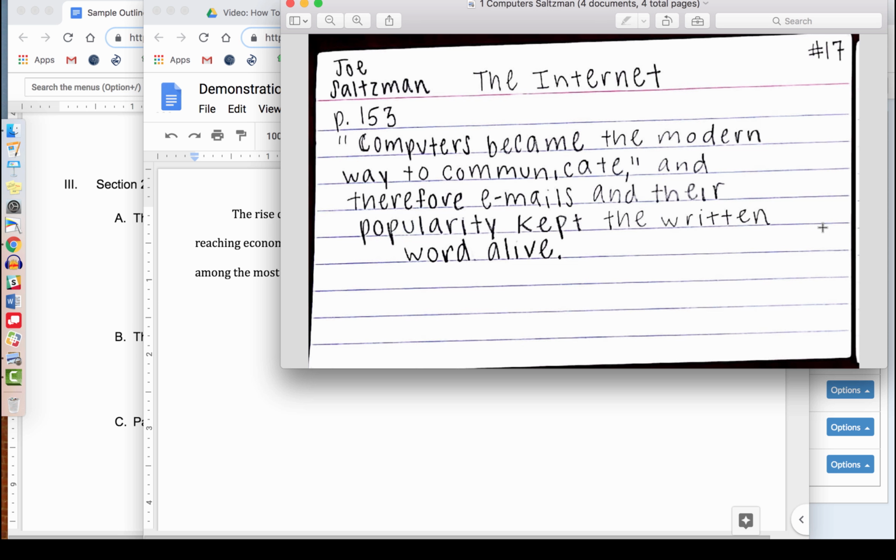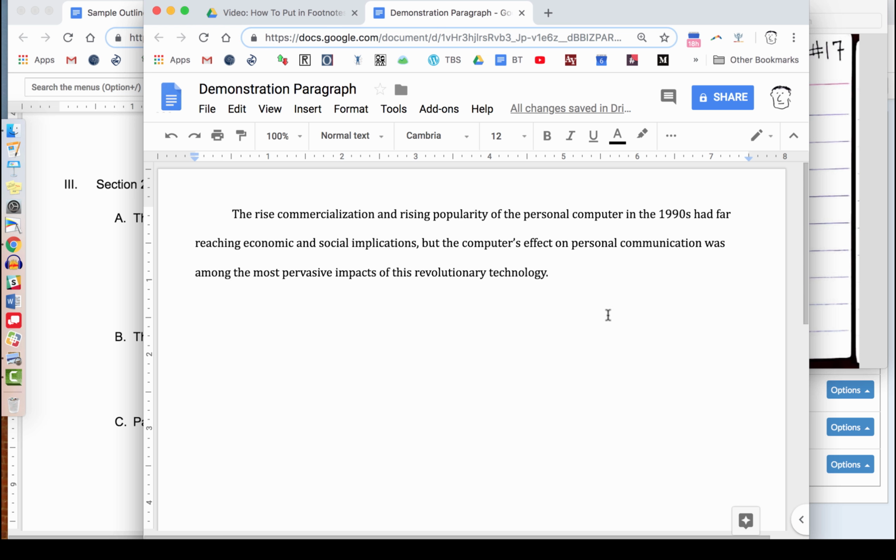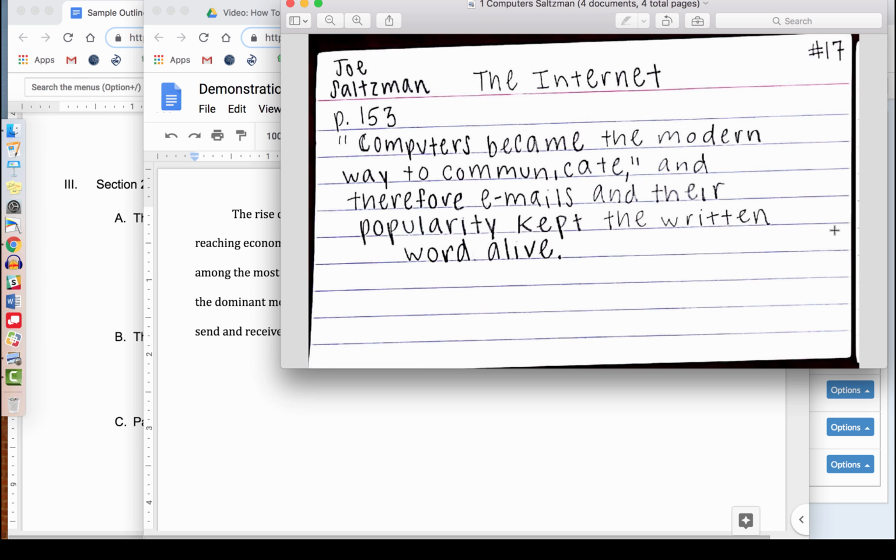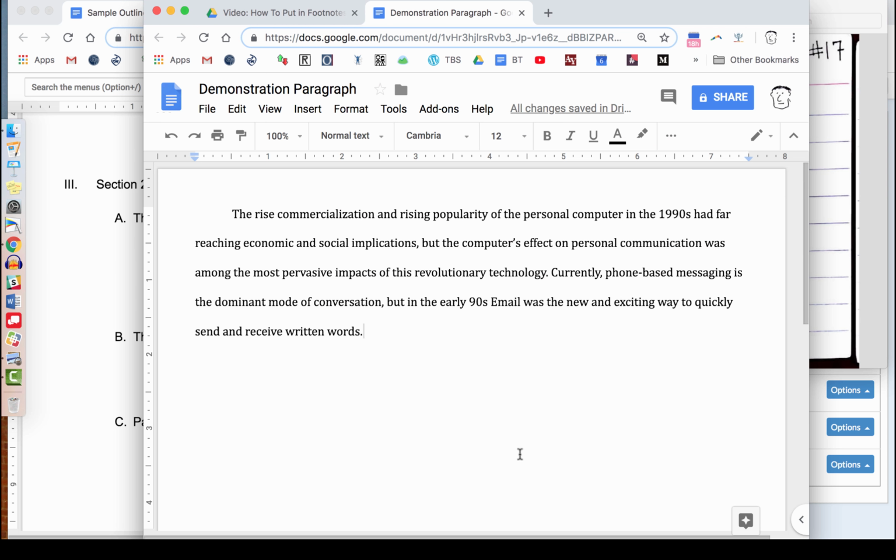Computers became the modern way to communicate, and there I am. I'm doing it. I'm reading the note card. I can't help myself. Just take a look at that note card and then see how it appears as support for this sentence that I'm now going to paste in. All right, so I've just used an idea from my research. Having done so, I'm obligated to do a footnote